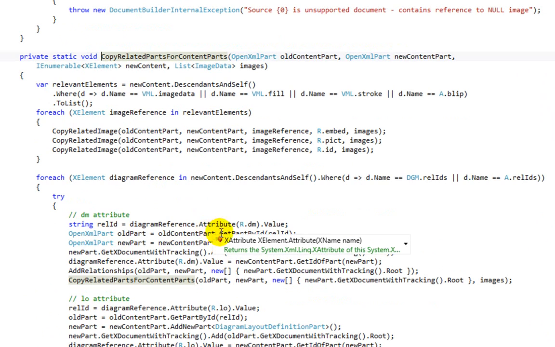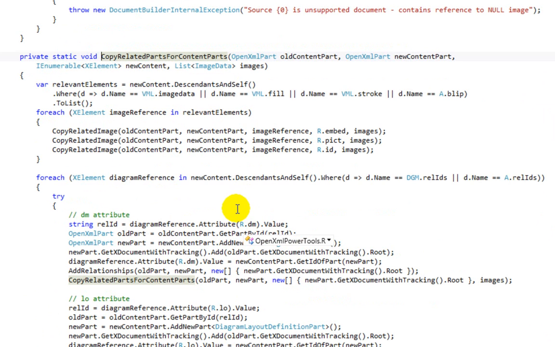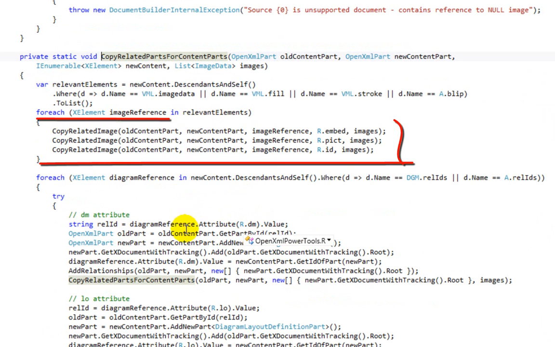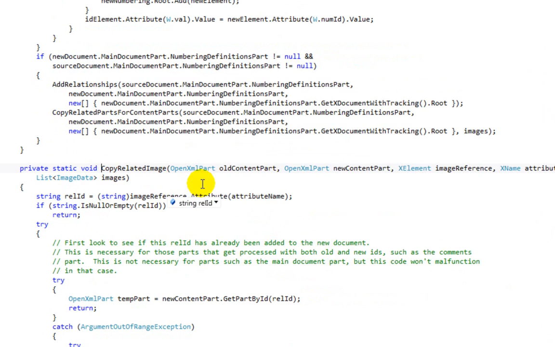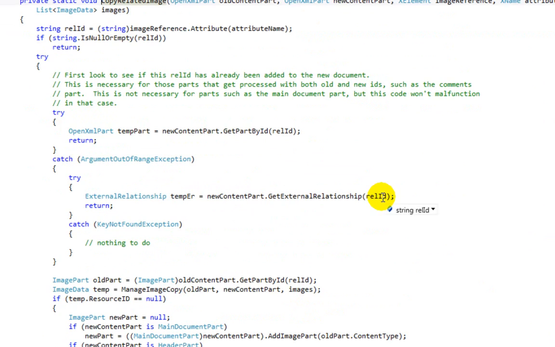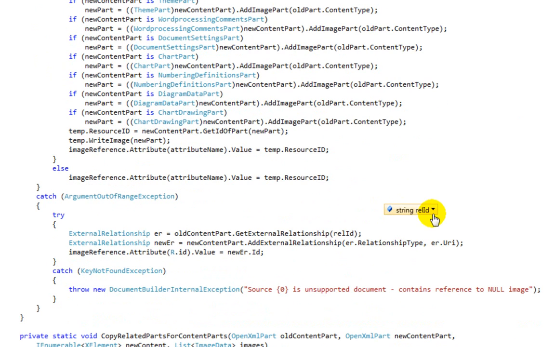Here's the method, copy related parts for content parts. It queries for all the elements that could have relationships to other parts, and then it calls copy related image for each of those. Let's go to copy related image. There's a fair amount of plumbing that this method does, but the key point that I wanted to make here